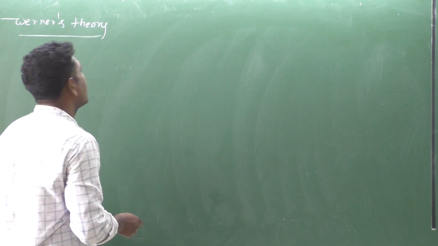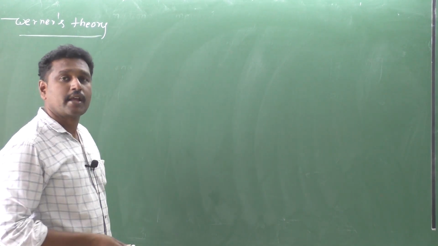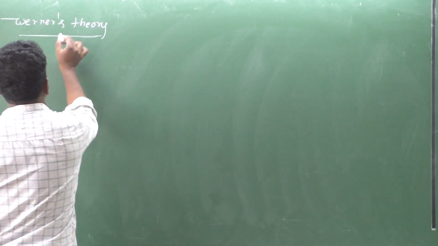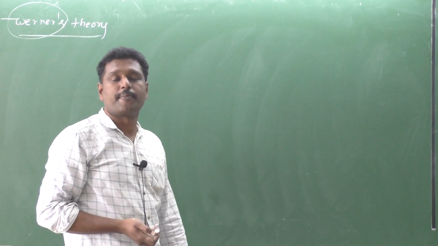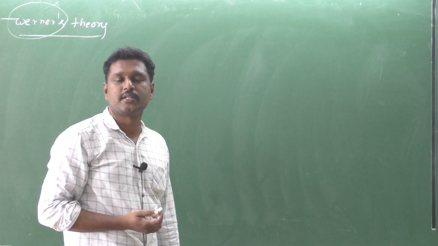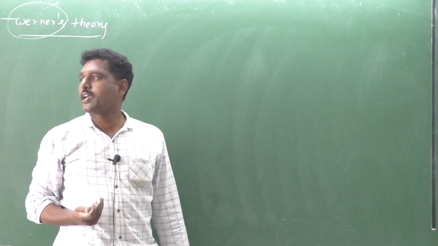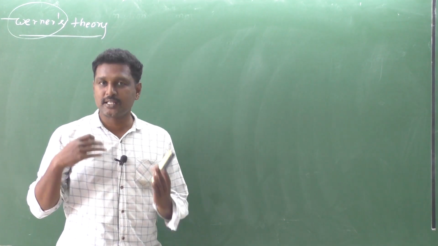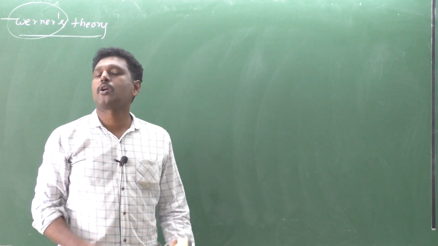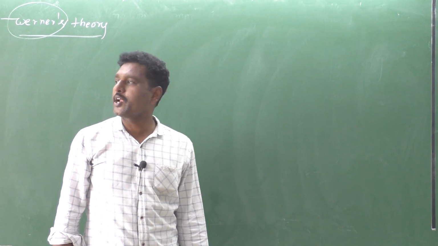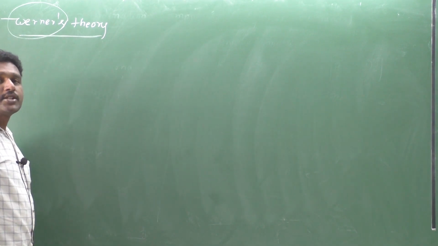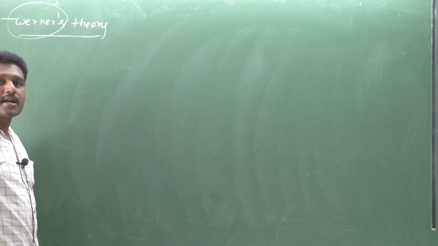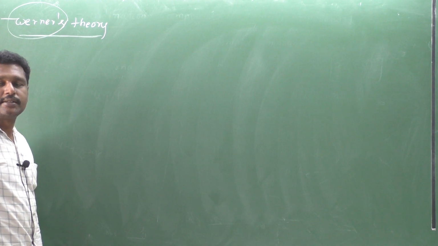So Werner is called the father of coordination chemistry. He is the scientist, the father of coordination chemistry or the father of complex compounds. That's why Werner is known as the father, because he has done so much work on coordination compounds. According to Werner's theory,